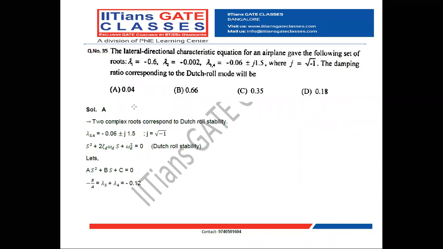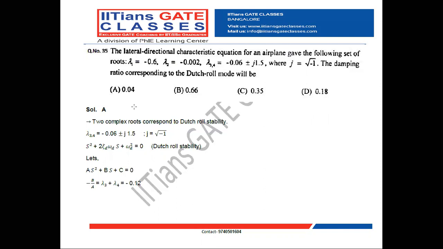Question number 35. The lateral directional characteristic equation for an airplane gave the following set of roots: lambda 1 equal to minus 0.6, lambda 2 equal to minus 0.002, lambda 3, 4 equal to minus 0.06 plus or minus j into 1.5, where j is equal to root of minus 1. That is, it is an imaginary complex pair with